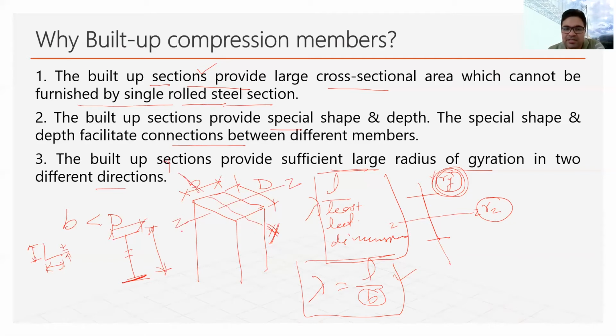So if I say radius of gyration about the z-axis, then about the z-axis it will be d, and similarly about the y-axis it will be b. So whichever axis we select, the dimension will be perpendicular to this, because whenever there is an axis, we just imagine that about this axis, this area will rotate like this, and in the rotation, the radius that we get, that radius is called the radius of gyration.